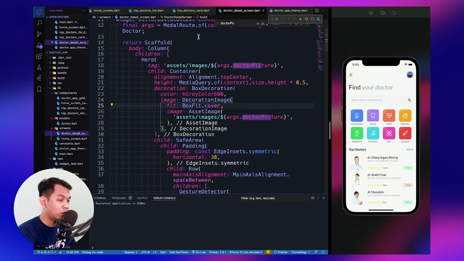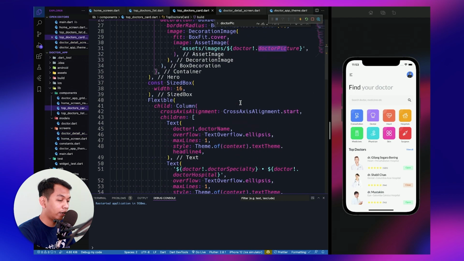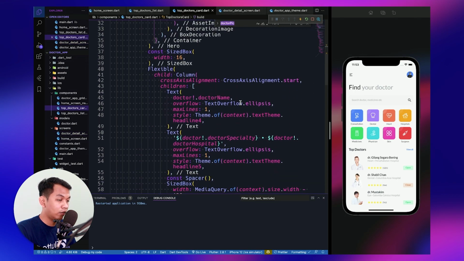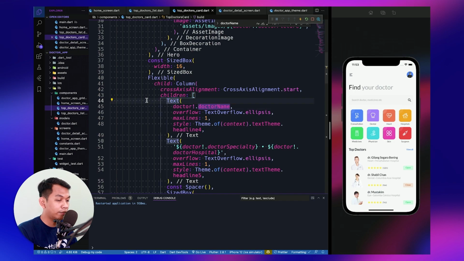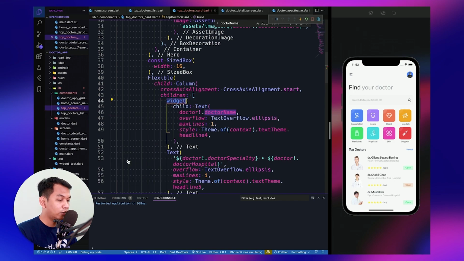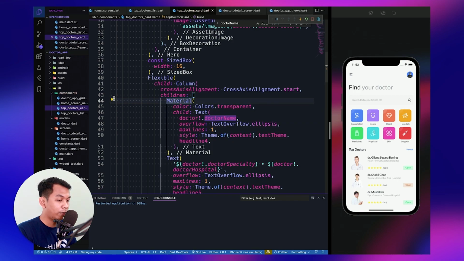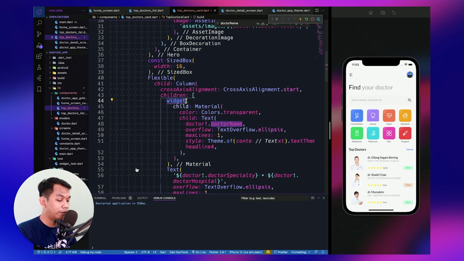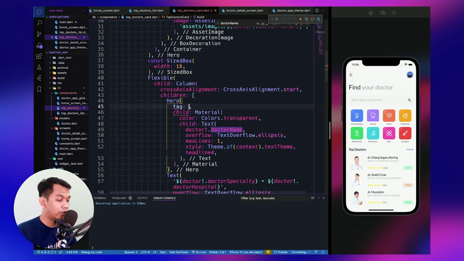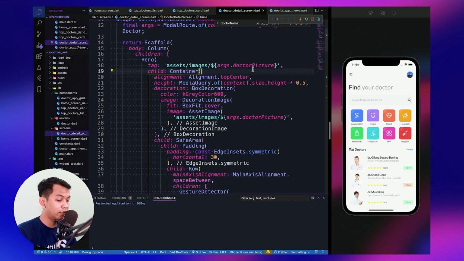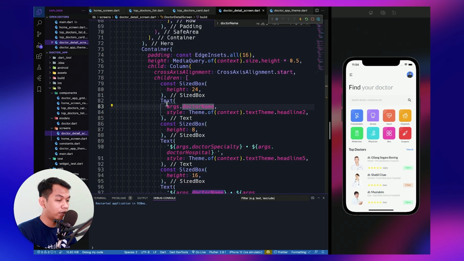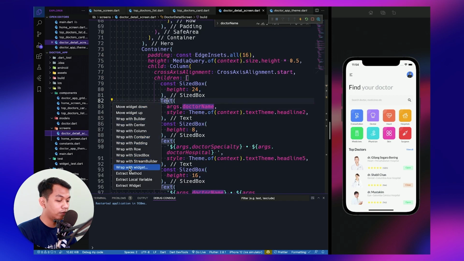And the next is we go to doctor card again, and we say doctor name and wrap our text using material. And for the color, set it to transparent and wrap our material using a hero widget. And for the tag, we say this, copy this, and let's go to our doctor detail screen, and we say doctor name and wrap using material.